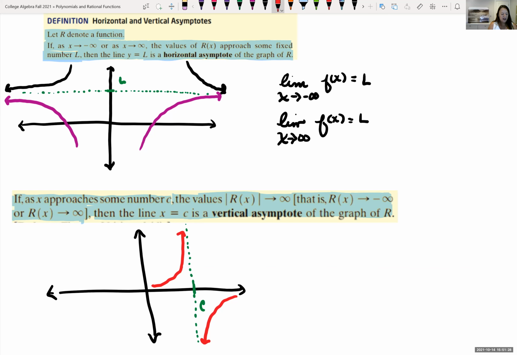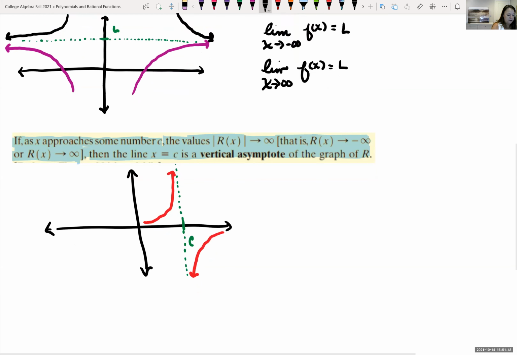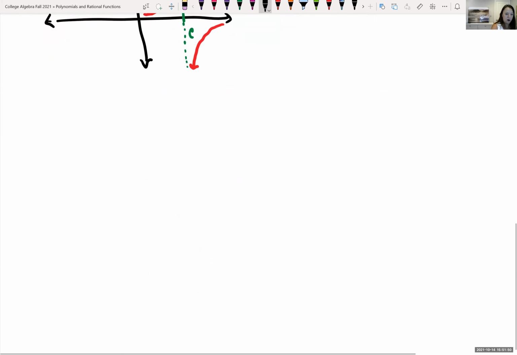Okay, so now we know what a vertical and a horizontal asymptote is and what's happening on the graph for those asymptotes. The question is, how do we find those asymptotes? And so it depends on if we're looking for a vertical asymptote or a horizontal asymptote. Vertical asymptotes, you find them by finding out where our denominator equals 0, but not also our numerator. So vertical asymptotes